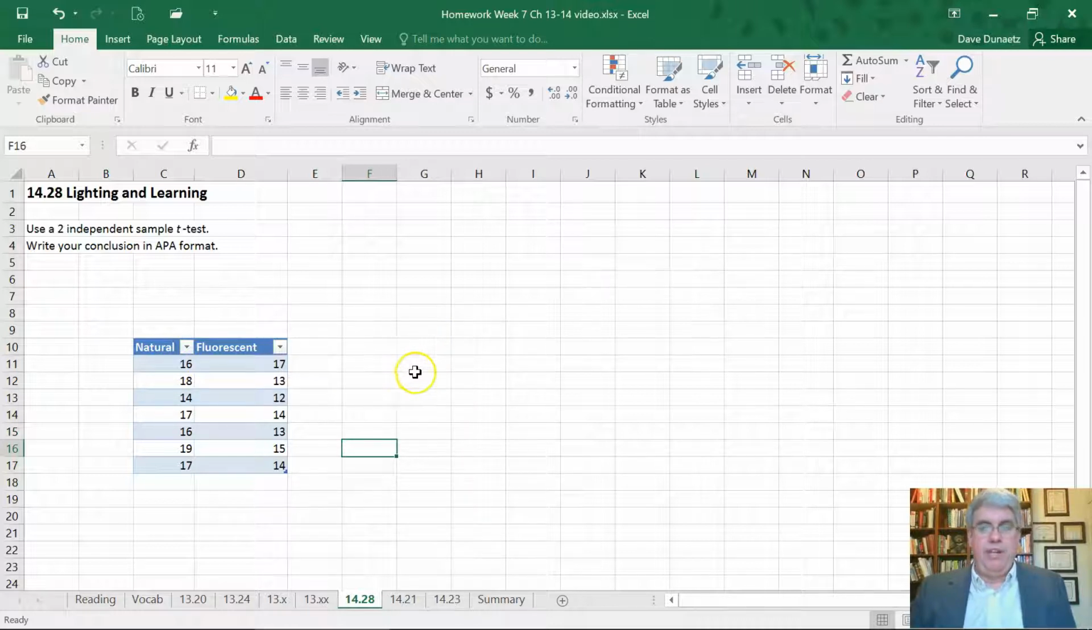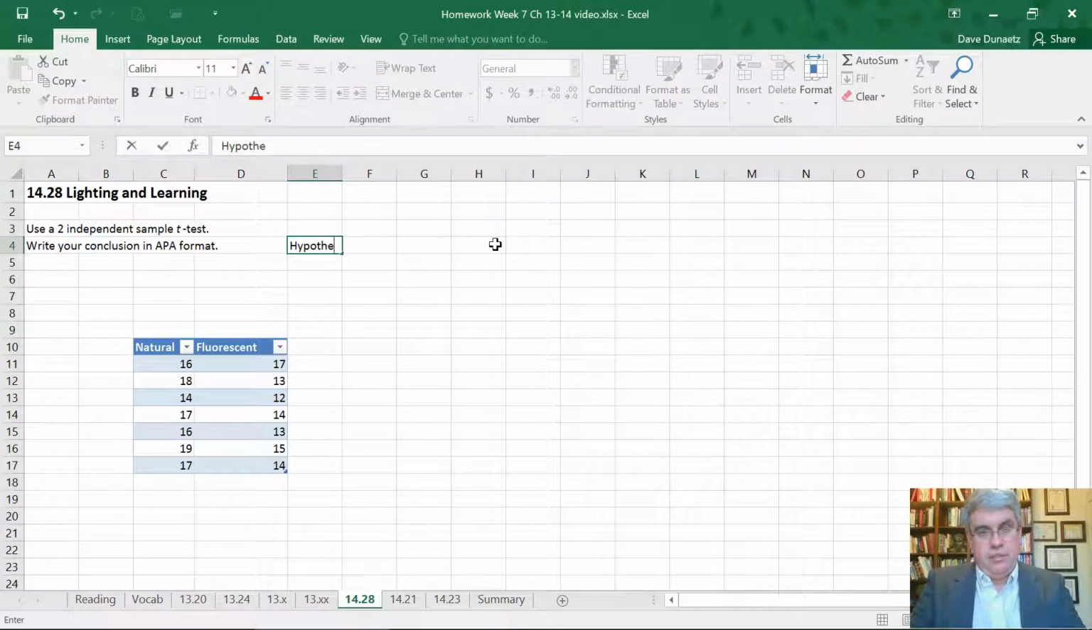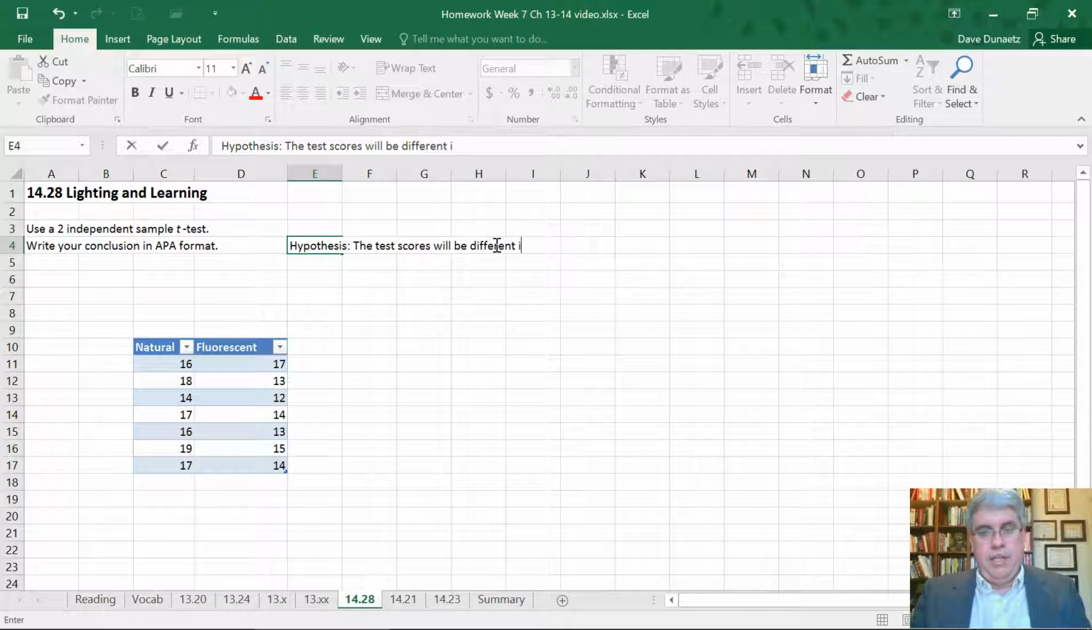And we want to find out if the natural lighting is superior to the fluorescent lighting. So let's make our hypothesis. So our hypothesis, the prompt says that it's going to be a two-tailed test. So actually, we're just trying to test out to see if there's a difference between natural lighting and fluorescent lighting. So hypothesis will be the test scores will be different in classes having natural lighting and